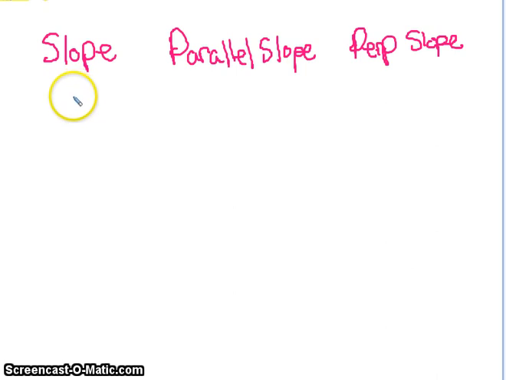So if my slope is 2, remember your parallel slope is exactly the same, so it is 2, and my perpendicular is the opposite reciprocal, so that's -1/2. This is 2 over 1, so the reciprocal is 1 over 2. If we have 1/3, 1/3 is parallel, negative 3